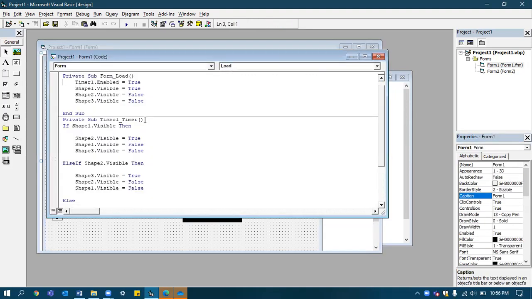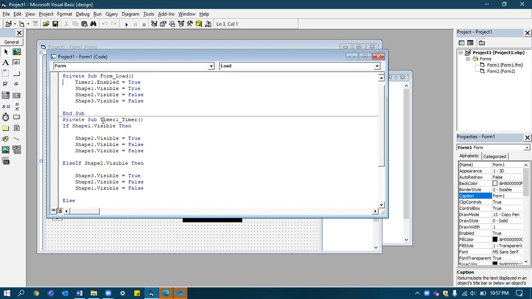For these I have written the code. The on click event won't be used for this exercise, so you need to use form load. When the form is loading, timer dot enabled, which would be in disabled mode, make it enabled equals true. When the form is loading, shape 1 dot visible is true, and shape 2 and shape 3 should be invisible.